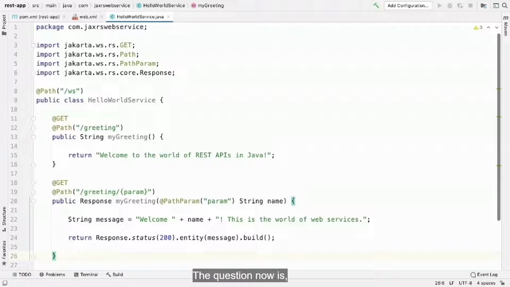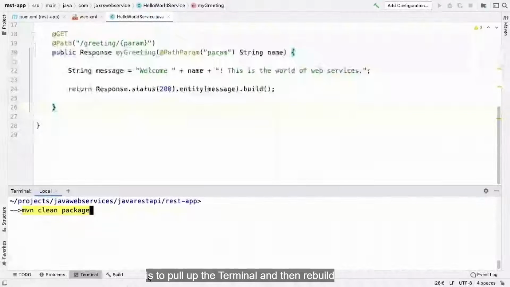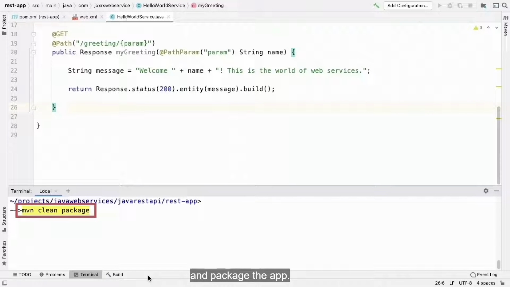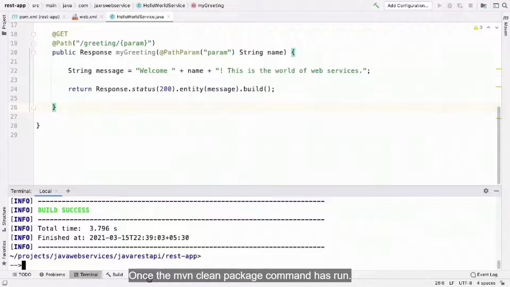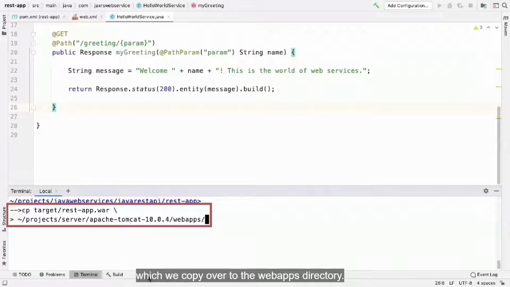The question now is, will these code changes work? Of course, the surefire way to find out is to pull up the terminal and then rebuild and package the app. Once the Maven clean package command has run, well, a new war file will be generated, which we copy over to the web apps directory.